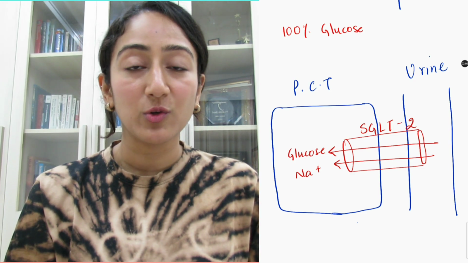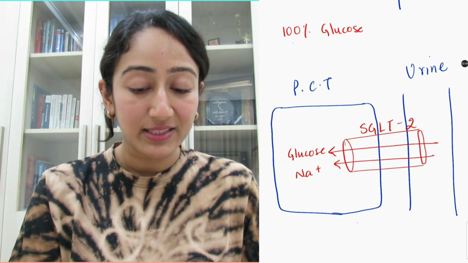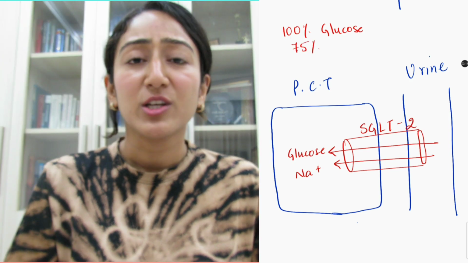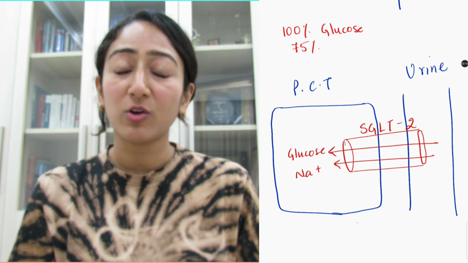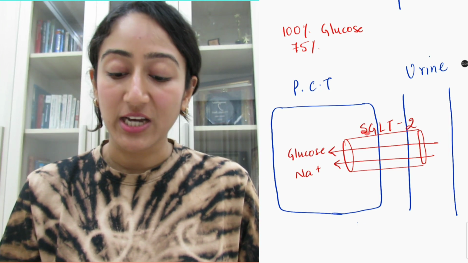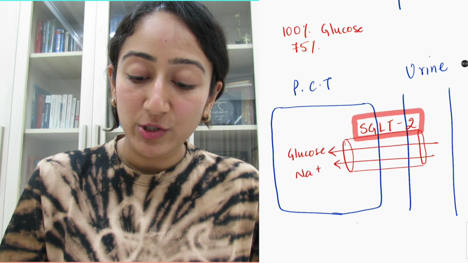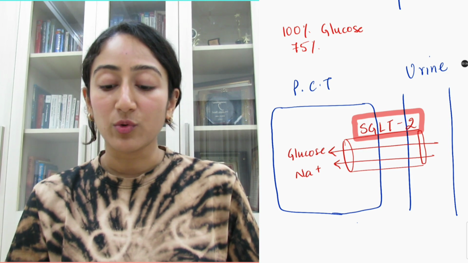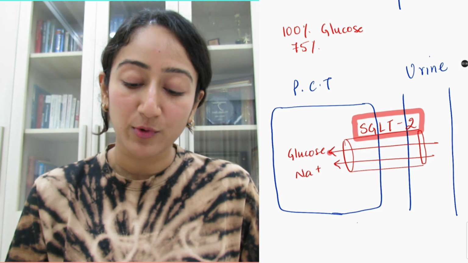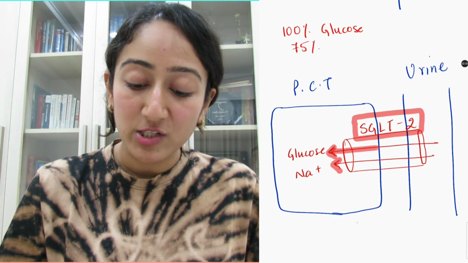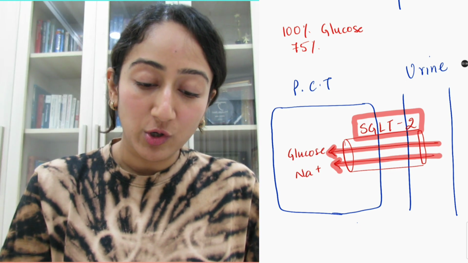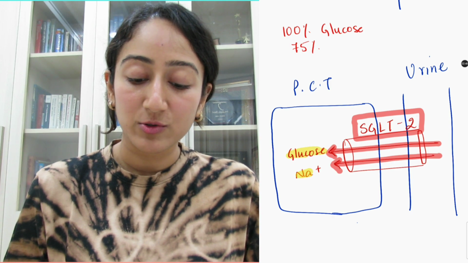So 100% of the glucose is reabsorbed by the PCT, and not only that, there's also reabsorption of almost all of the 75% of sodium, bicarb, and all of the other ions as well. So let us look at this very important channel, which is the SGLT2 channel. That stands for the sodium glucose transporter, right? So this is a secondary co-transport channel between glucose and sodium. So this is active transport, and through this channel both your glucose and your sodium are reabsorbed into the blood